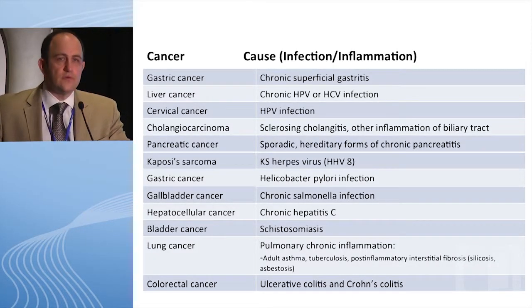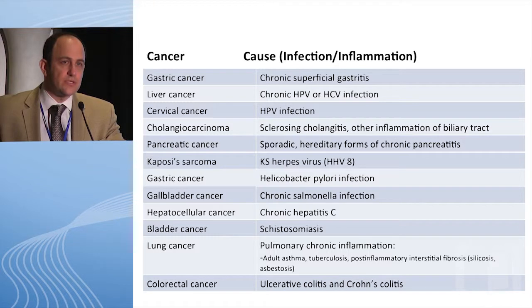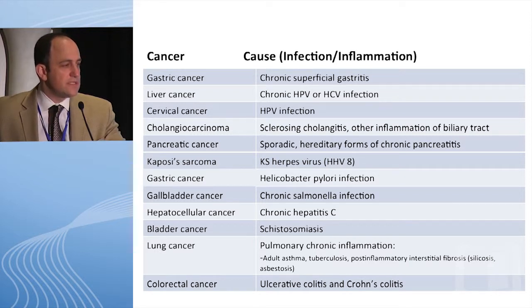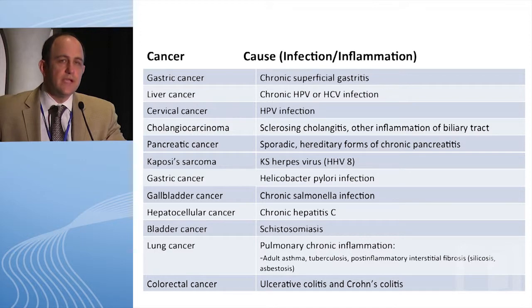Now, it isn't new to understand that inflammation can lead to cancer. You can look at a variety of other human diseases where either chronic infection or chronic inflammation is associated with precancer and cancerous states. And among that long list at the bottom is now ulcerative colitis and probably Crohn's colitis as well. In order to have proven this, or at least demonstrated the association in ulcerative colitis, we really needed